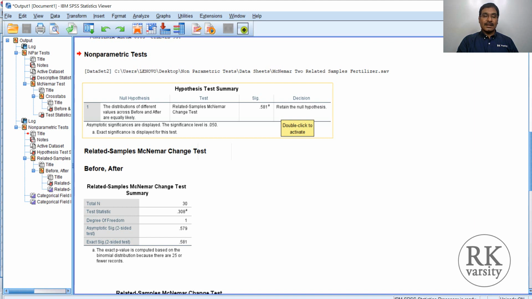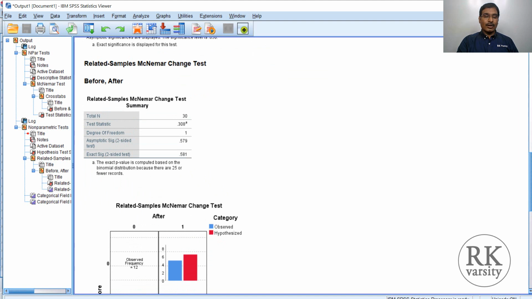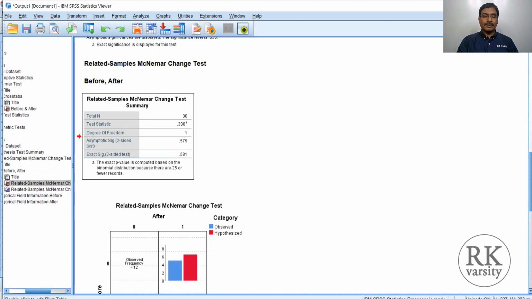In the previous procedure, this hypothesis test summary is not available, but here it is available. Here are the total number of observations, 30, test statistic 0.3, and your significance value of 0.581. If you double click on this, you will get a frequency table.